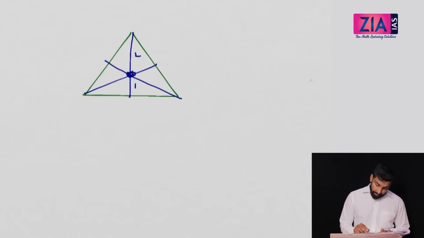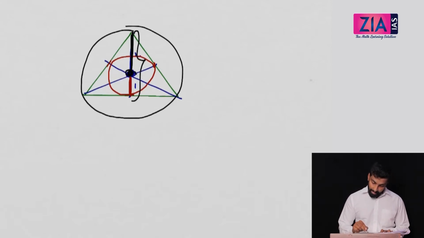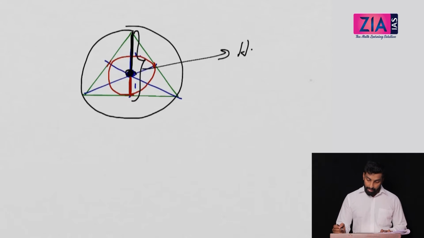Now by keeping this centroid as the center, if you draw an inradius, okay, if you draw an incircle, it has to touch the triangle, this side and this side, right? If you draw an incircle, it will go like this. So what will be the radius? This is the radius, right? This is the radius. Now let's see, if you keep this as a center, if you draw a circumcircle, what is the radius? This is the radius, right? So if you see this together is the height, right? This is the height in an equilateral triangle.